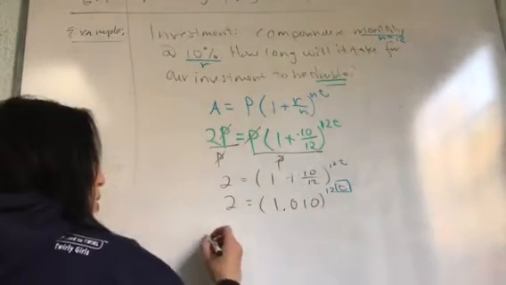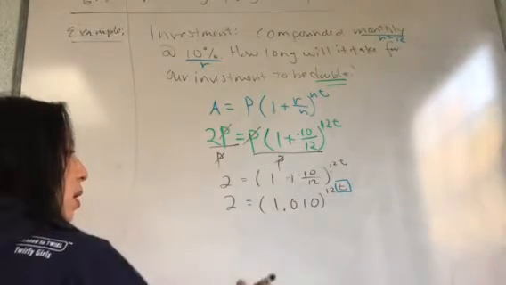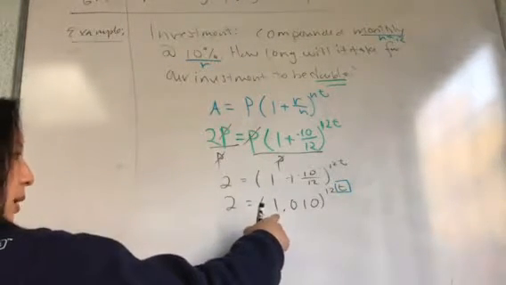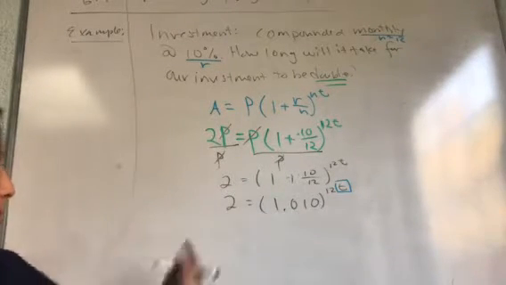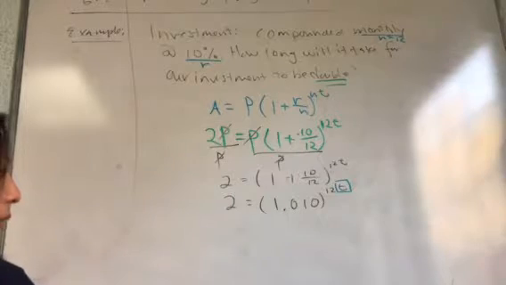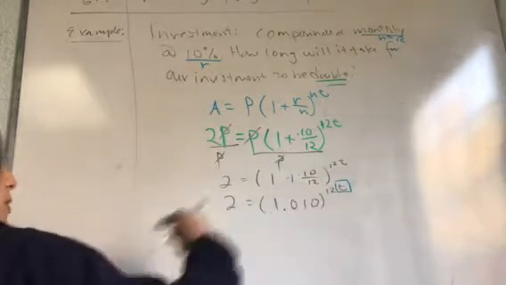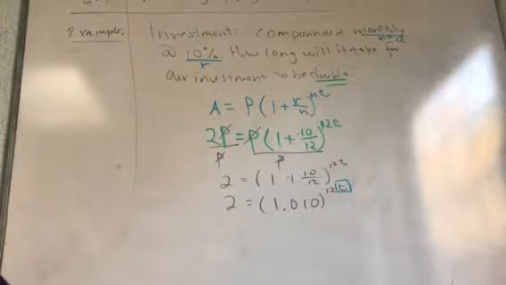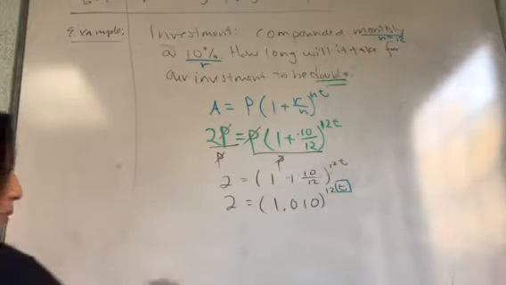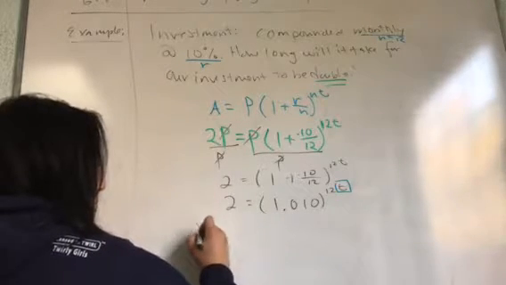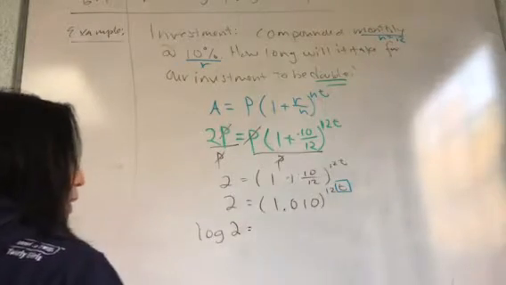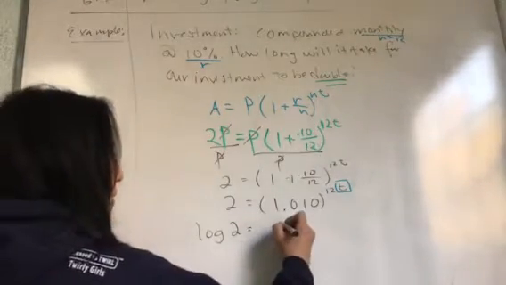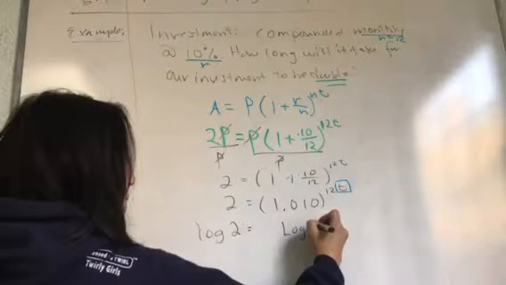If we do so, we can slap on logs with that base. You could do it that way, or another way is to slap on base 10 if you want, or ln, and then you can move the exponent to the front. Let's go ahead and give that a try. We have so many options. I'm just going to do log, because that's the common and simple thing to do. So I'm going to slap on log base 10 of 2 is equal to log base 10 of